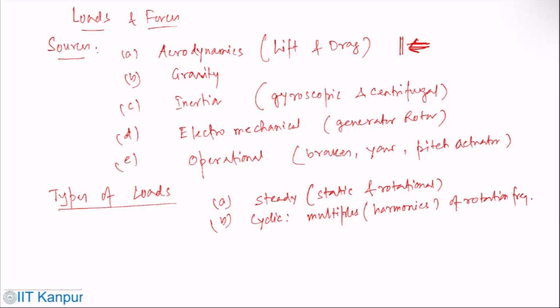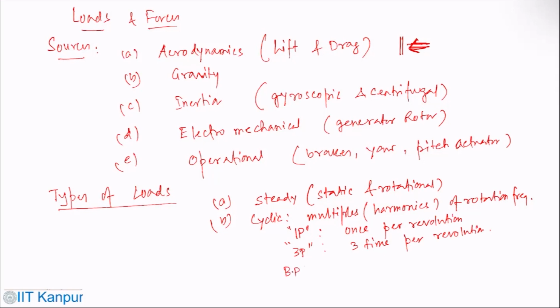So here we can say that 1P is once per revolution, you could have 3P, 3 times per revolution. Okay. So in generic, we can write BP,